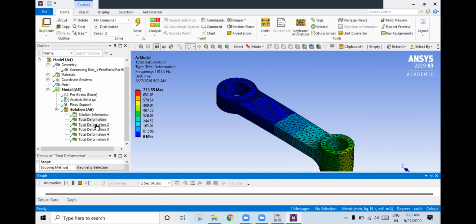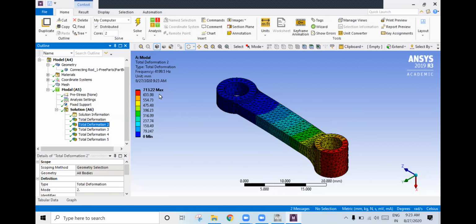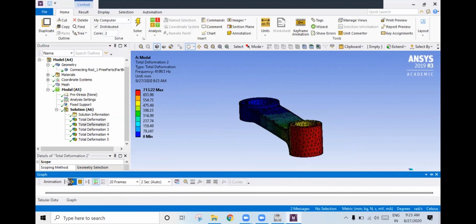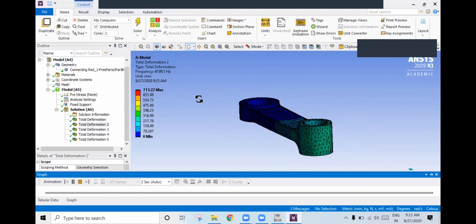If you go to total deformation 2, you are getting 713 mm. Okay, how is it moving? It is moving in this direction. So we can check it. See, like this. So this is the natural frequency. If this natural frequency coincides with the operating frequency, then resonance occurs.